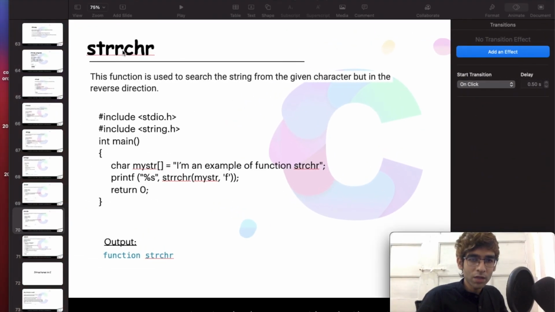Okay, it is simple. Similarly, we have strrchr. This rchr works from the reverse side, from the opposite side. So for example, if we have this character array like this and use strrchr with f, from this right side it will find f. Here f is present, here f is present. So this f will be counted first because it is coming first from the reverse side. So from here it will print the entire string. But if we have strchr instead of strrchr, then from here this f, it has printed.